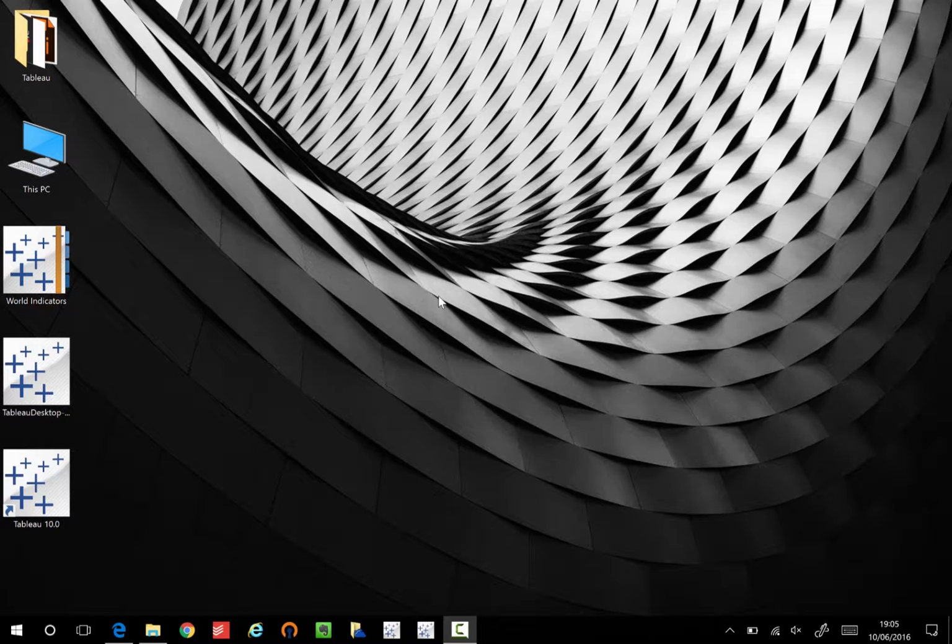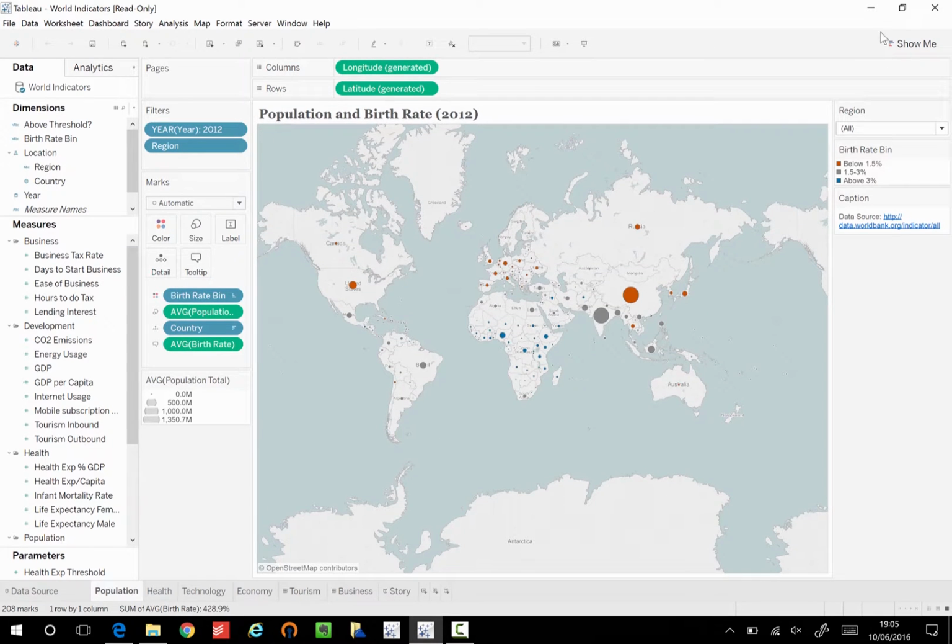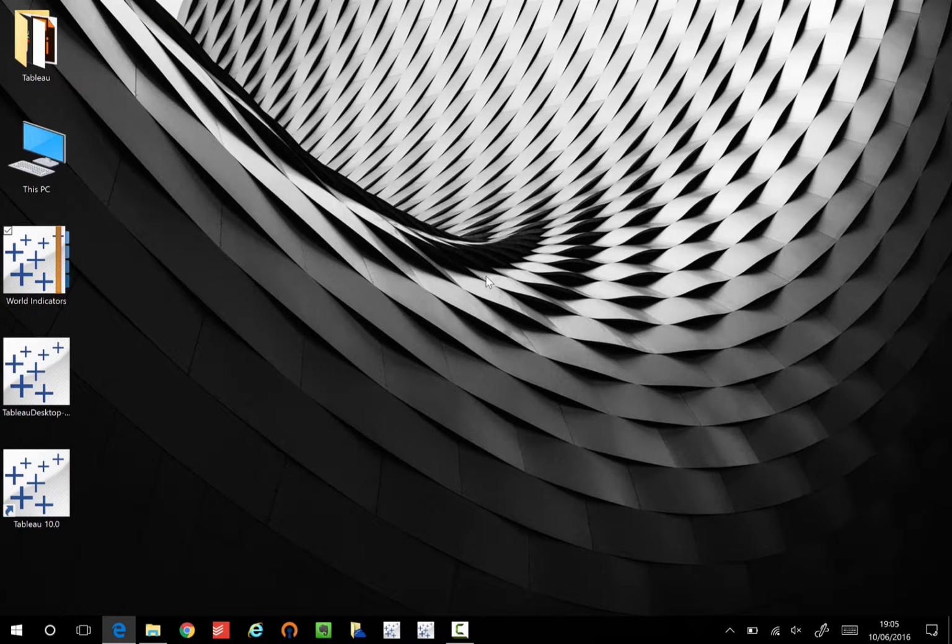So I've just installed Tableau 10, the beta, on my machine, and so when I double click an existing workbook that was edited in 9.3, Tableau 10 opens it. And I get this warning saying that when I save this workbook in Tableau 10, it's going to upgrade the workbook. Now, when you do this, you basically prevent yourself from editing it in the older version. And this can almost lock you out of that work if, let's say, you haven't upgraded your Tableau server in line with Tableau 10. And so a way to avoid that is to basically reinstall the version that you'd like to be the default again.